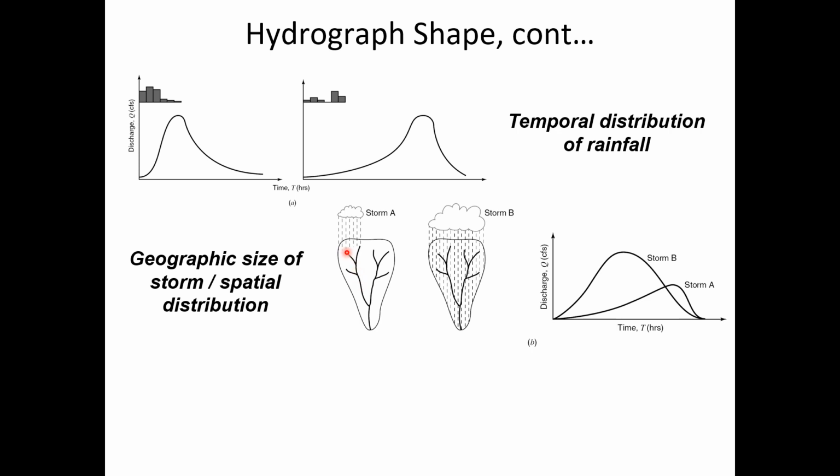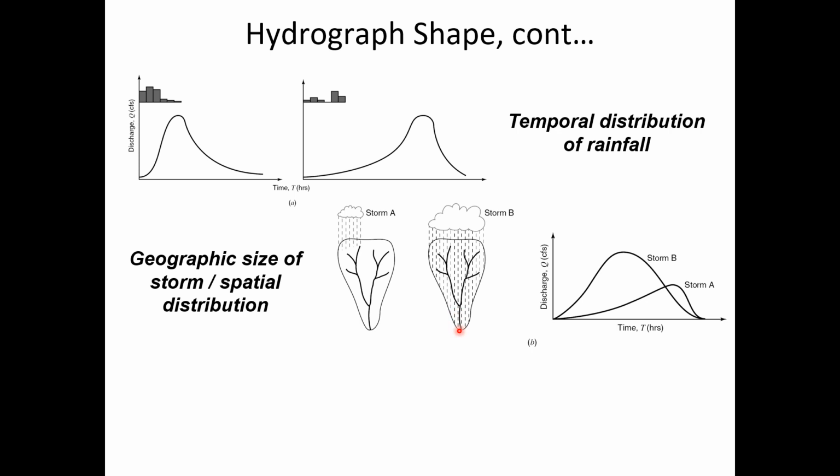And water is going to travel through a dry stream more slowly than in this other illustration where it's wet everywhere in the network. The peak is much sooner because the water is falling everywhere in the network, and so